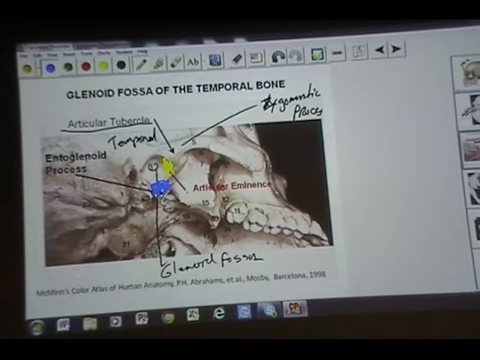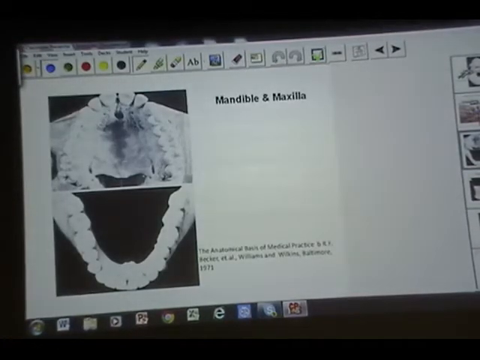Our two primary bones associated with the dentition that we use for chewing are the maxilla and the mandible. The palatine bone provides some support for structures in the back and passageways, but the maxilla, for the most part, supports at least the first 6 teeth on each side. The palatine bone will help support these last 2 molars, here's the second molar and the third molar in this area, but also these openings for innervation of the palatal